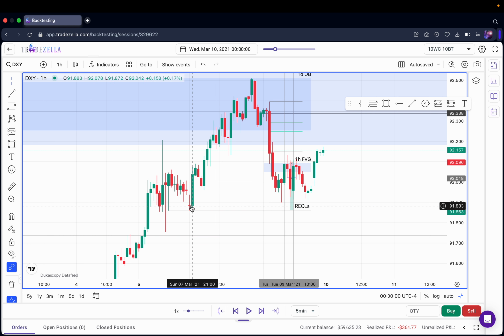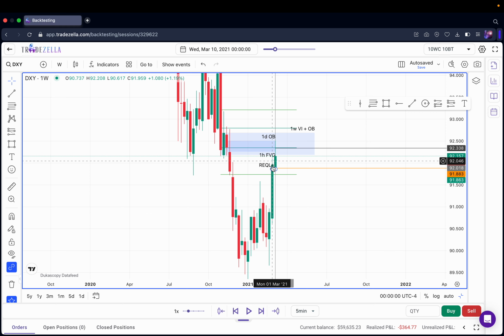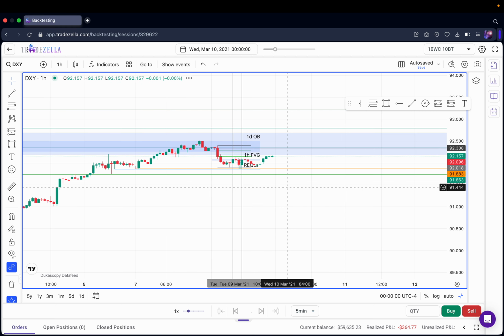So I marked the Sunday open of this week, and initially I had a bullish bias because I thought that we would get a protraction into the imbalance and then a move up. But then on Monday it was just a move up, so I changed my bias to bearish because the protraction is on the opposite side of the real move. And I thought the imbalance is actually quite big, that it might need a real move of a candle rather than just being a protraction of the real move. So yeah,